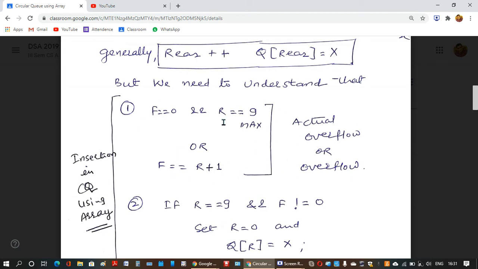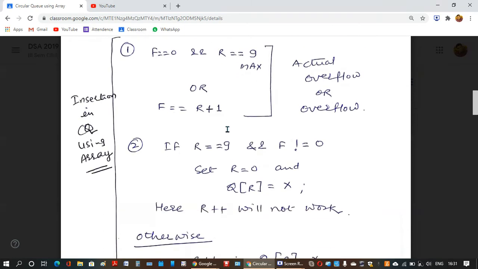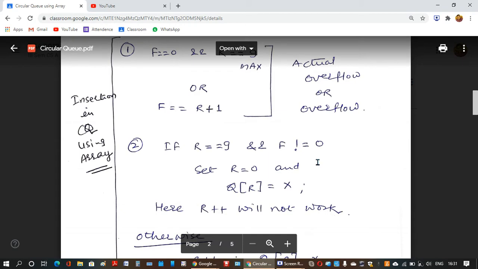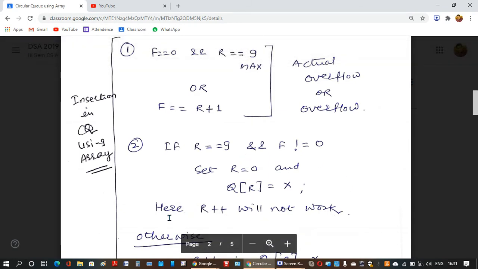So if there is overflow, there will be no insertion. But if there is no overflow, then how will we insert? We will do only R plus plus, and the element is inserted at Q R. Only one thing we need to do: if R was 9 and F was not 0, in that case we will set R equals 0.